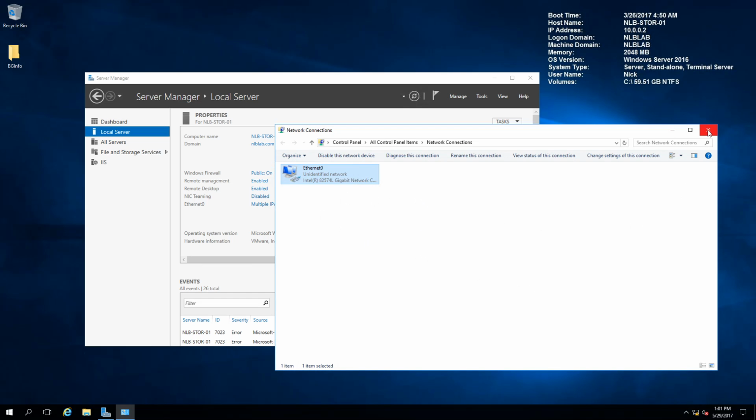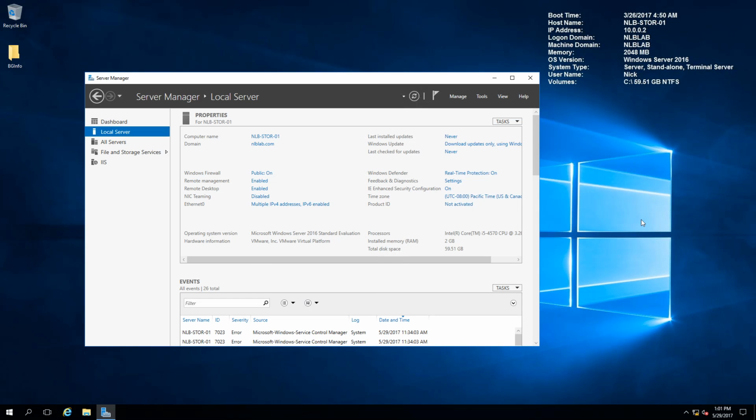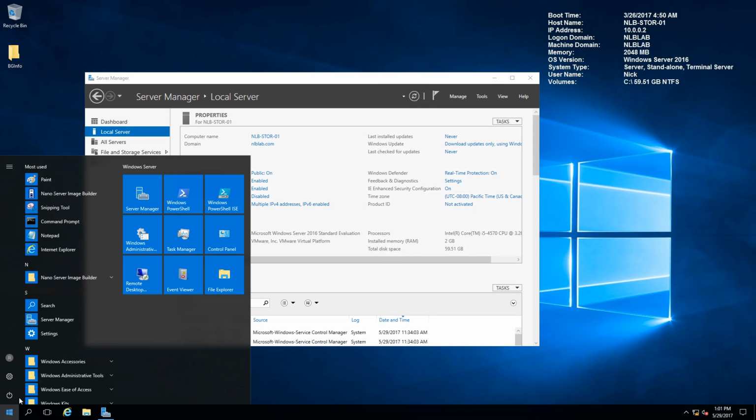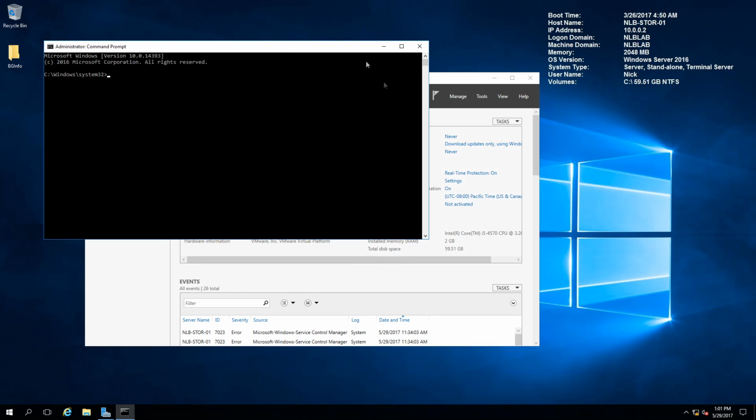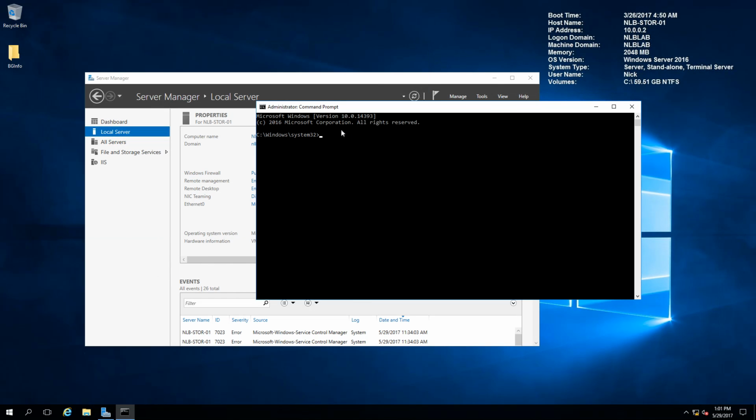And we can switch to the command line tools that are being used to configure the address. For this purpose, I'm going to open a command line window, because the first thing I want to show you is how you can configure this with CMD or command prompt. The command that is being used for configuring a network address with command prompt is called netsh. And then we are going to specify an interface,